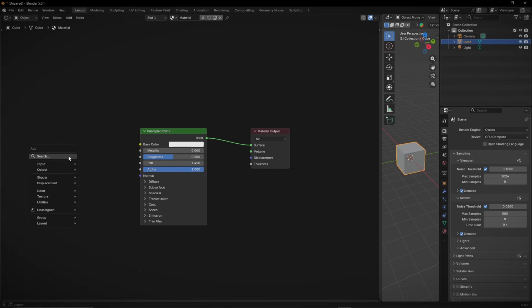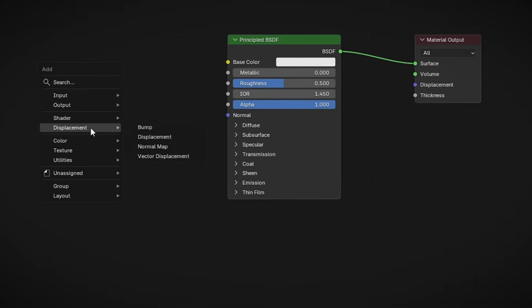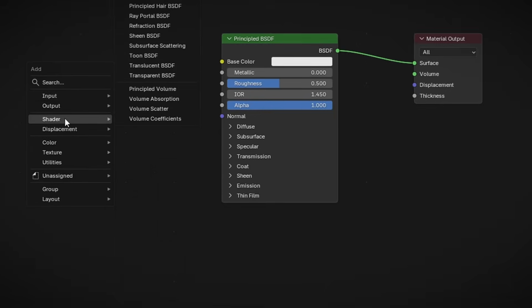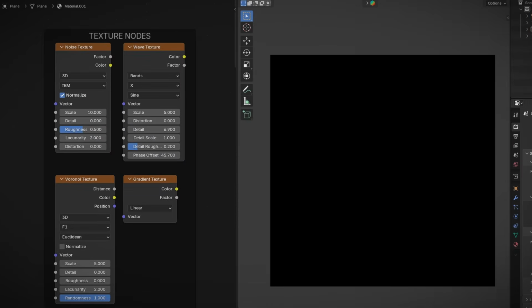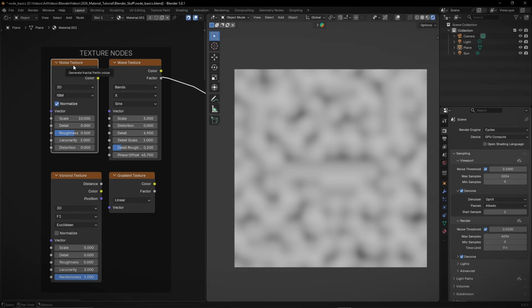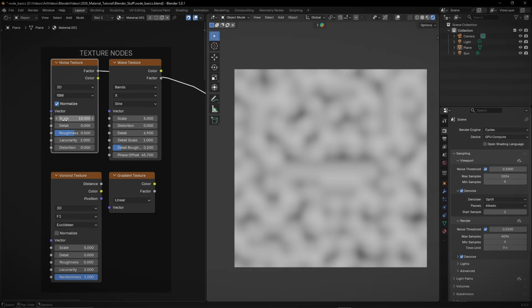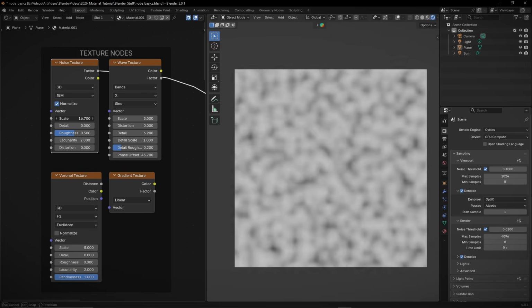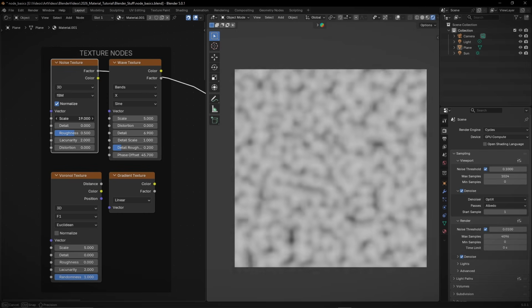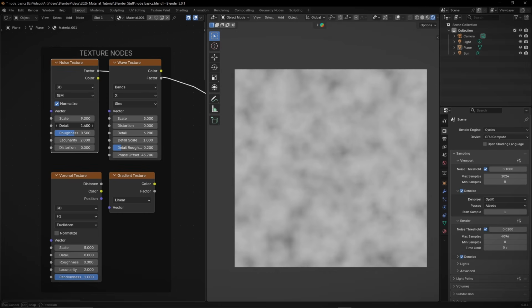And when you pull up the Add menu, you're going to see that there's tons of nodes. But don't worry, I've set aside the most useful ones. Starting with the texture nodes. The noise texture is going to be your new best friend. It's great for mixing colors together, adding grunge and dirt, and just overall variation. And there's tons of settings you can use to further customize it, like scale for your frequency, detail for detail,